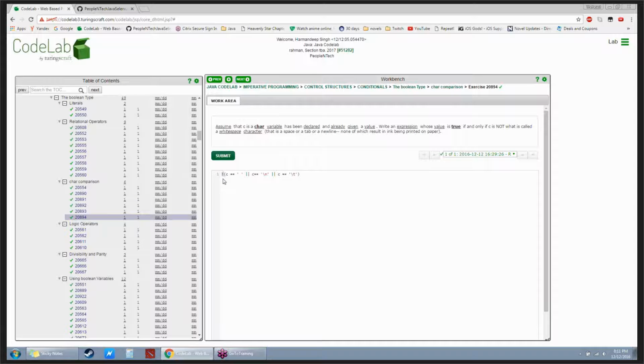So this is exactly what we did right here. We just did the same line, same thing, and to make it not true, we don't want any empty space in C to equal empty space. Or if you're trying to ask somebody or write a character name and they type in space and you don't want that, you can just type in this code right here and they wouldn't be able to